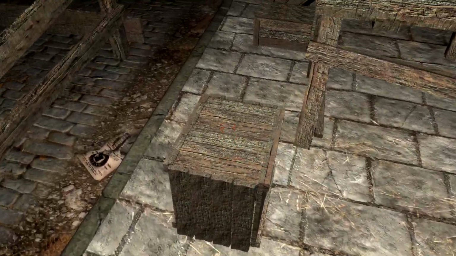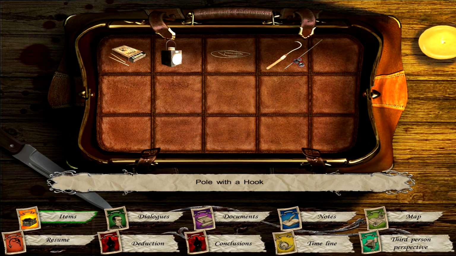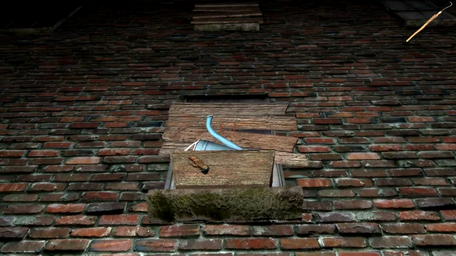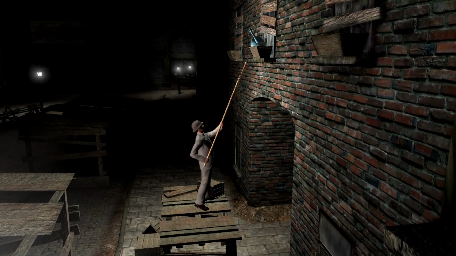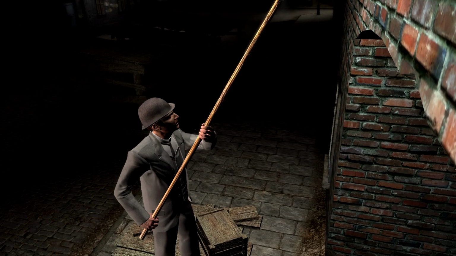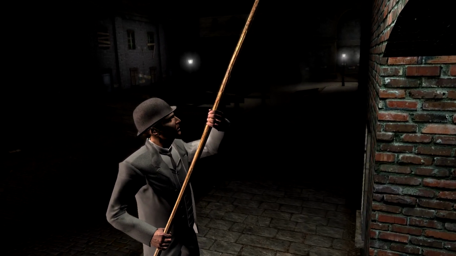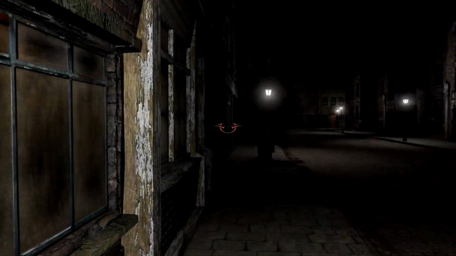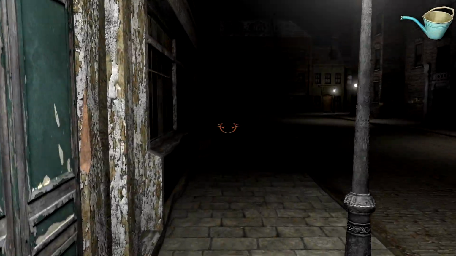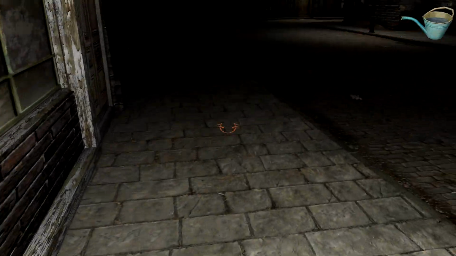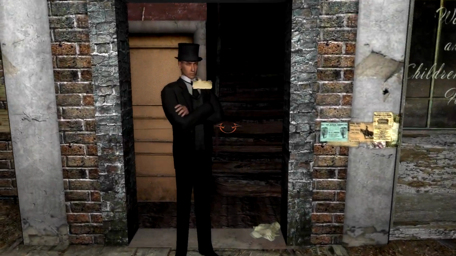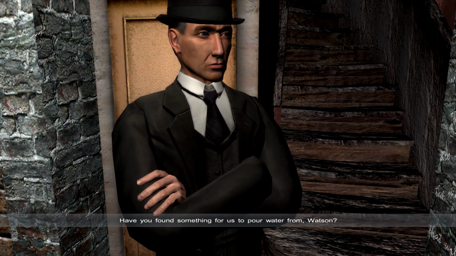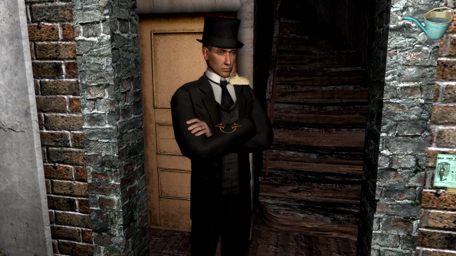I remember where this is very vividly, which is very weird. Hopefully no one sees me do this. This is not suspicious, is it? Then we need water, which should be in this barrel in front of us. Nice. Here you go, sir. It's all yours, master. Have you found something? Oh, for goodness' sake. Put your water on. Yes, I have, Holmes.